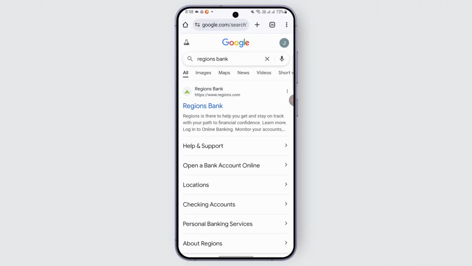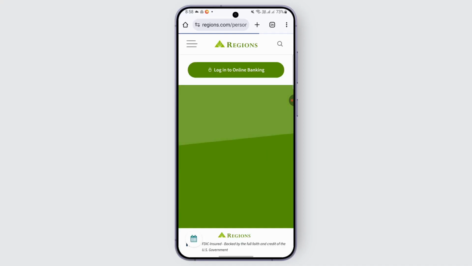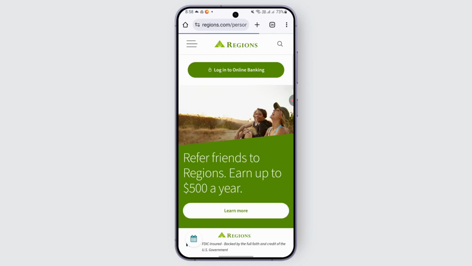Hello, everybody. If you'd like to log into Reasons Bank Online, you may follow these steps in order to do so. You can visit their website for that, which is www.reasons.com. Head over, open up your browser and go to this website right here, or you can even download the application if available. Once you are here in the interface, you can directly find an option called Login into Online